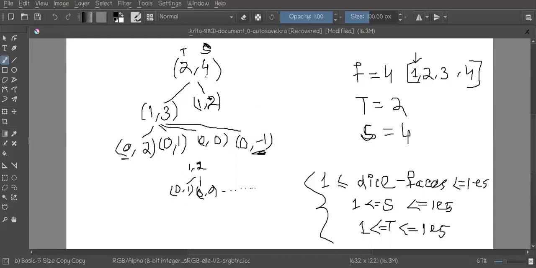So what is the sum now? The sum was initially 4, but let's say I get 1 this time when I throw the dice. Out of all these 4 sides, I get the side value which is 1. So now the sum is basically 4 minus 1, that is 3, isn't it? Now, as I have reached this particular state, let's try to propagate it further.